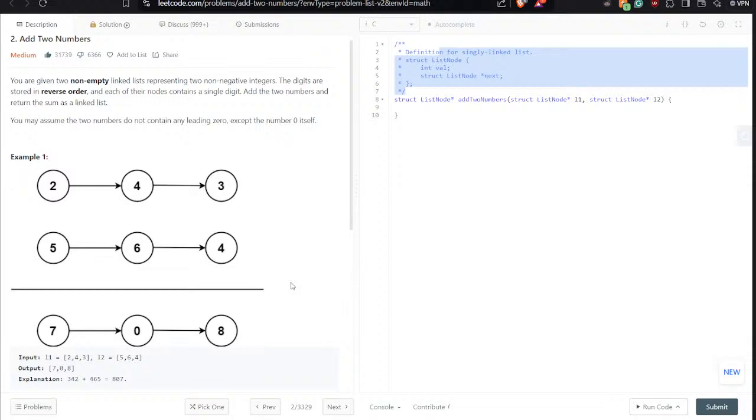So for example, first of all, we'll have to add, for example, 5 and 2. So what will we do? Oh my goodness, how will we do this? This is struct ListNode, we will also have to make a singly linked list. So we have no way to know how we will be able to